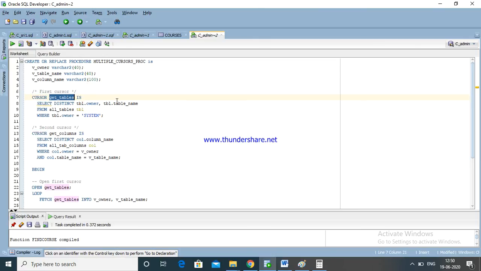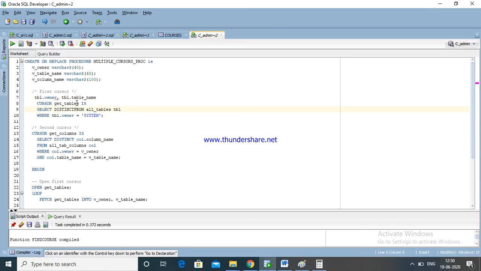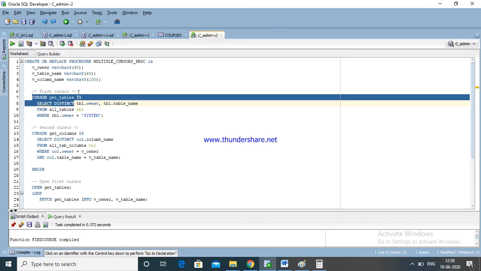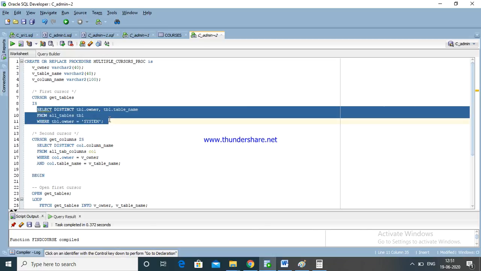Here the cursor get tables is, sorry, control Z. The cursor name is get tables. This is a distinct table name where owner is all tables. This is a select query from SQL.